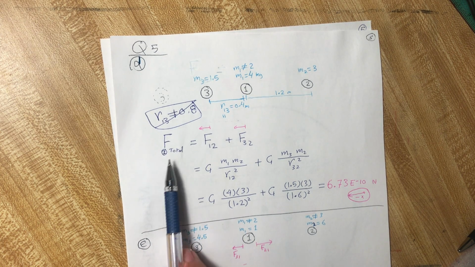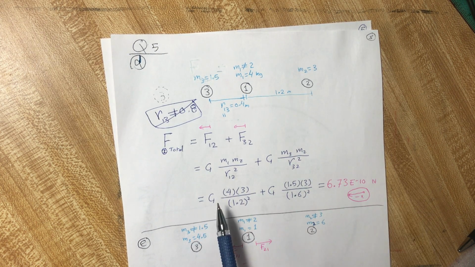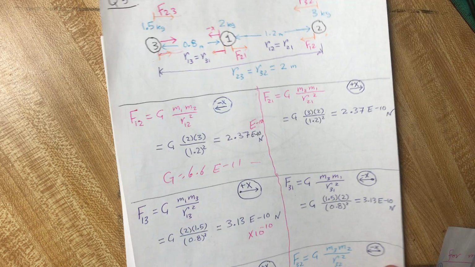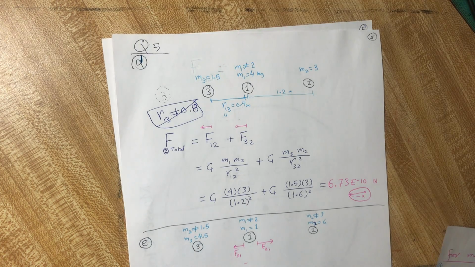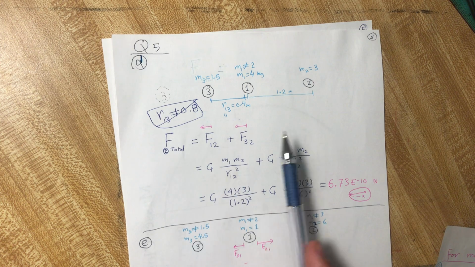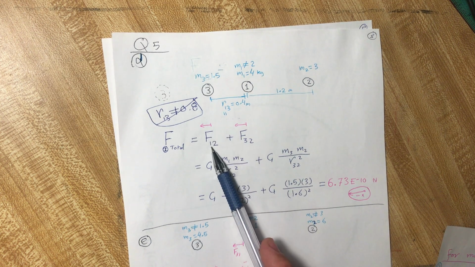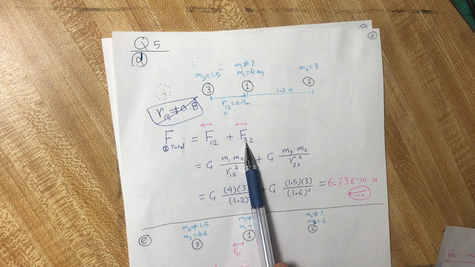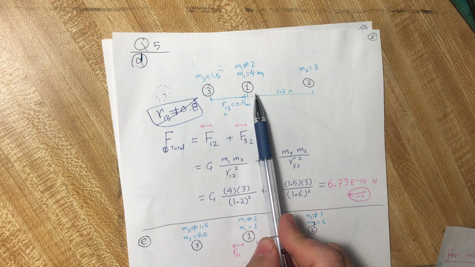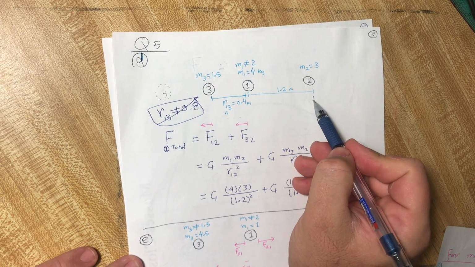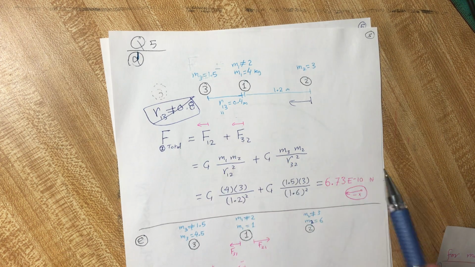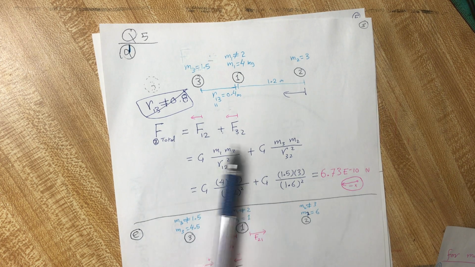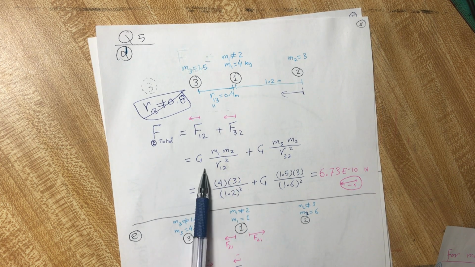What is the total force on the second object? This one. The total force, as we solved it here, I will not solve in this shape, but I will use that the total force to the left direction from the first one, we have the force from the first object on the object number 2, from 1 on 2, and we have the force from object 3 on 2. And both of them are acting to the left, to the negative x direction. So we can add them together, and at the end we need to know the direction of this force. Okay, the first force is equal to G